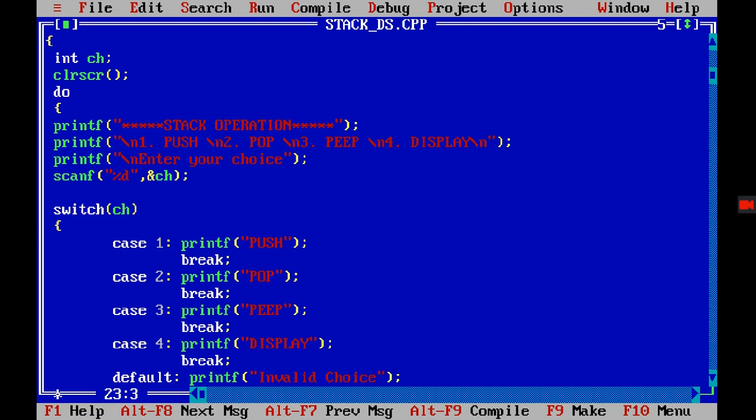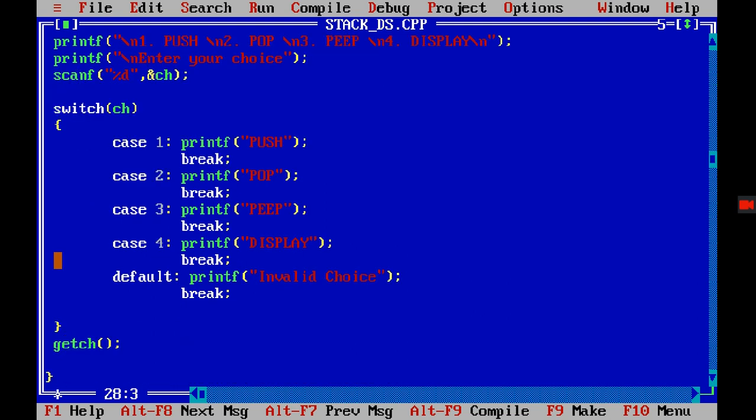And here I can have while. Now in the brackets I need to write the condition, right? Condition means I need to ask the user whether you want to continue or you don't want to continue. If the user says yes, I want to continue, then this loop is repeated, and if the user declines to continue, then it should not be repeated, right?